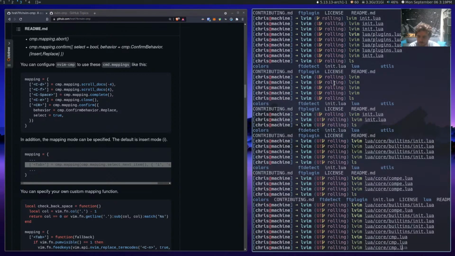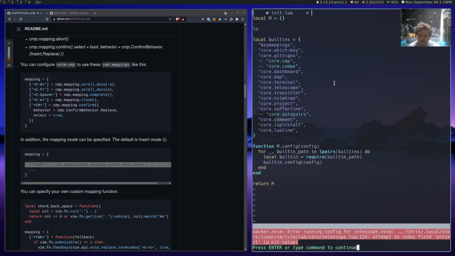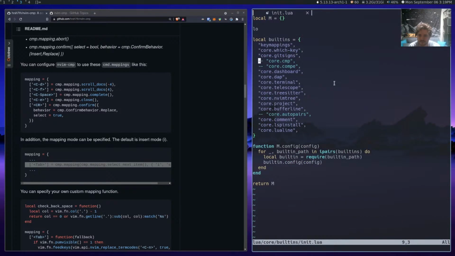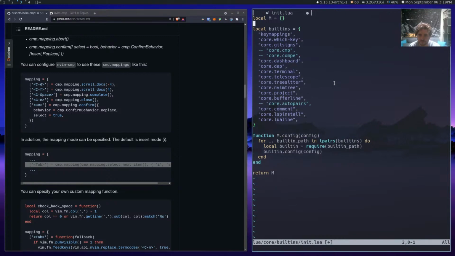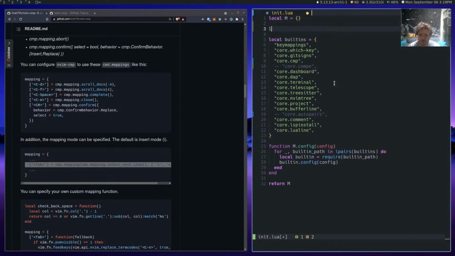Lua core built-ins. Okay, thank you. I get it. I know. All right. So now, dude.